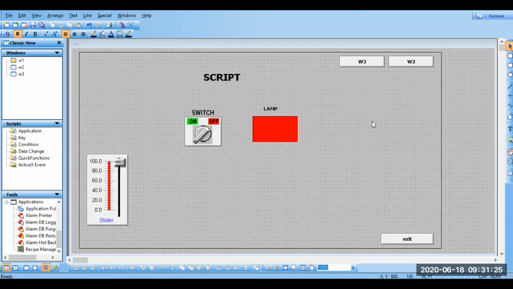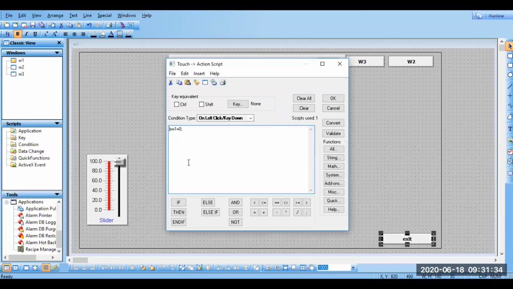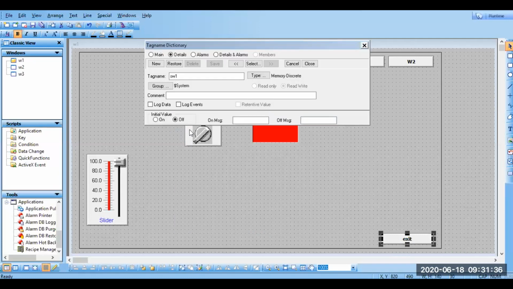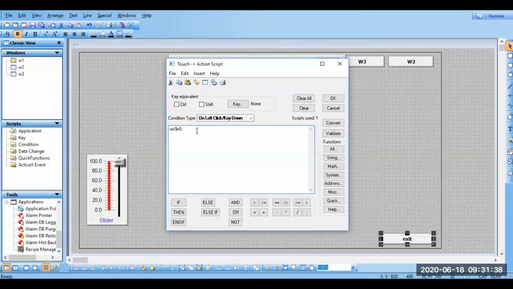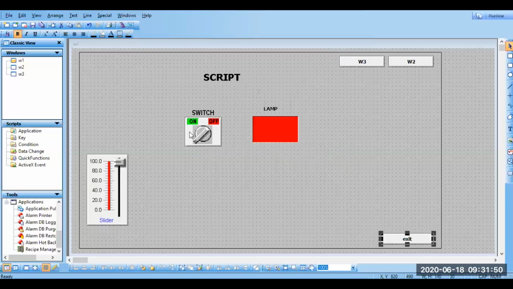When I explained the action script, I hope you remember this. In the action script we wrote statements like this, so whenever we press that button, this function should happen. Like that, we are going to write a script for this SW1 and L1.